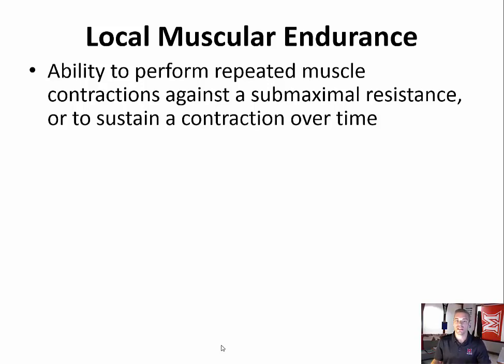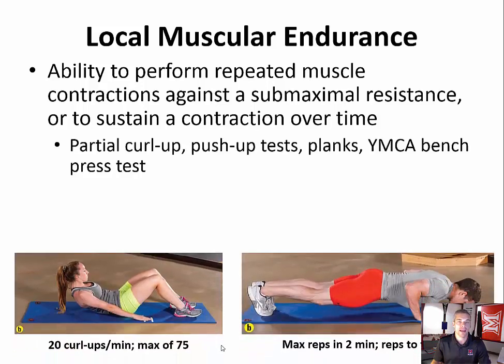Move on to muscular endurance next. Muscular endurance is simply defined as the ability to perform repeated muscle contractions against a submaximal resistance, or to sustain a contraction over time. There are a number of common exercises or tests that are used to assess local muscular endurance, including the partial